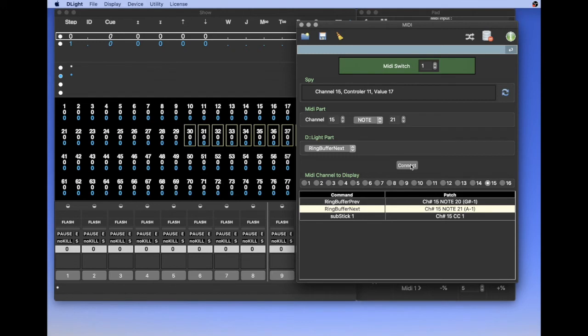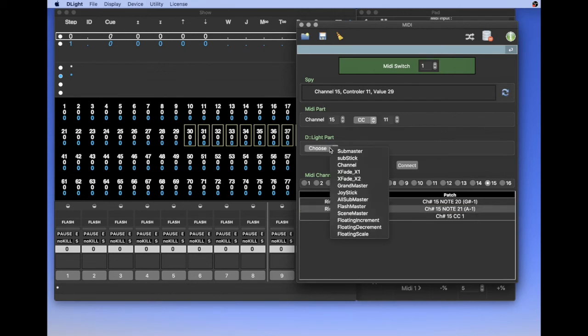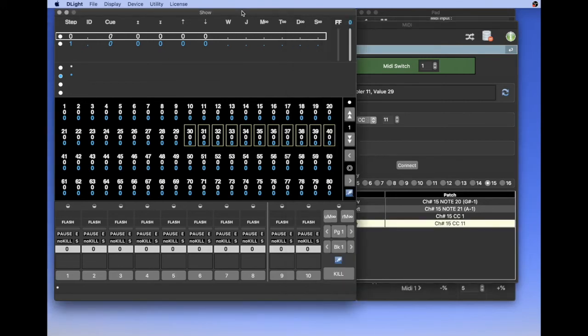For CC, I take back CC, I recycle. There is also an interesting function called floating scale. So I patch CC11 to floating scale. I do connect. And floating scale is the level control of the selection.